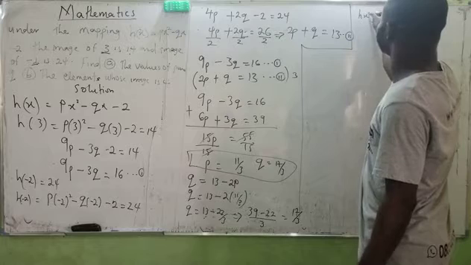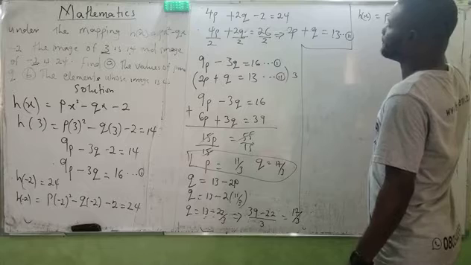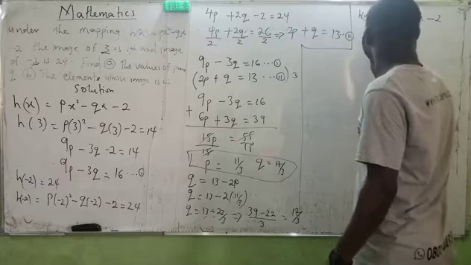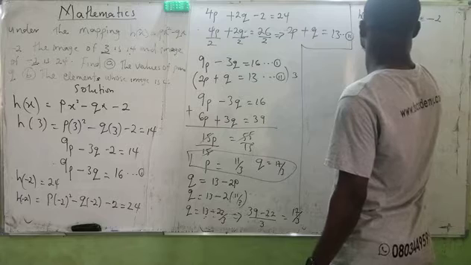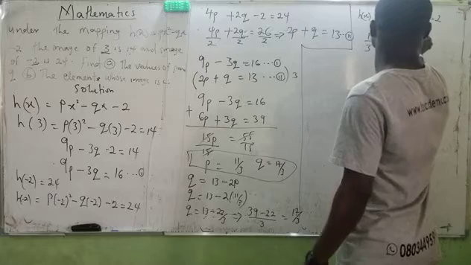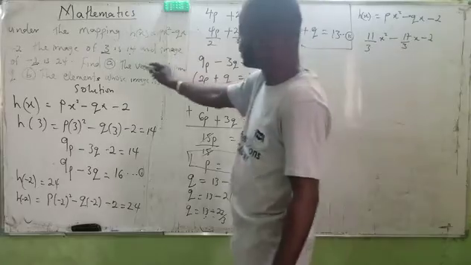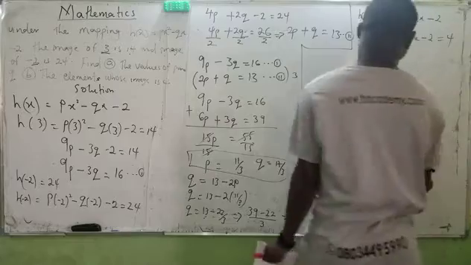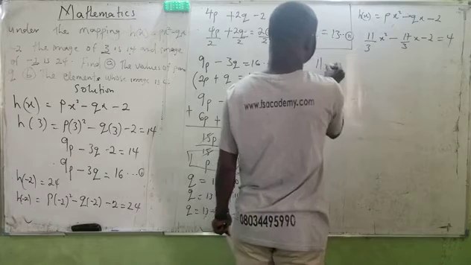Don't forget h of x equals px squared plus qx minus 2. Now what is my p? My p is 11 all over 3 x squared, my q is 17 all over 3 x minus 2. The image is 4, equals 4. Now this will get us to one quadratic equation, which is 11x squared